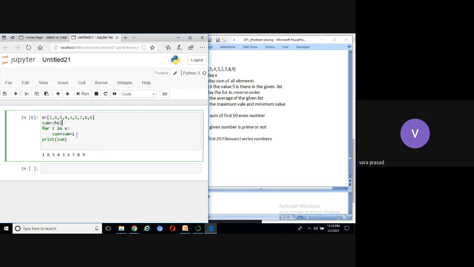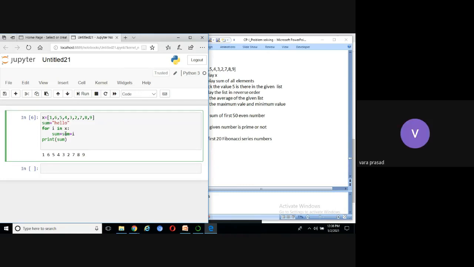If I write here "hello", is it valid or not? Will this code display an error? Yes, sir. Instead of writing sum = 0, if I write sum = "hello", will it display any error? Yes, sir, it displays one error. What is that error? You cannot add an integer to a string.